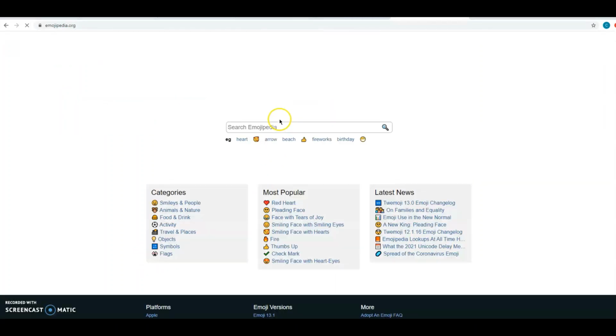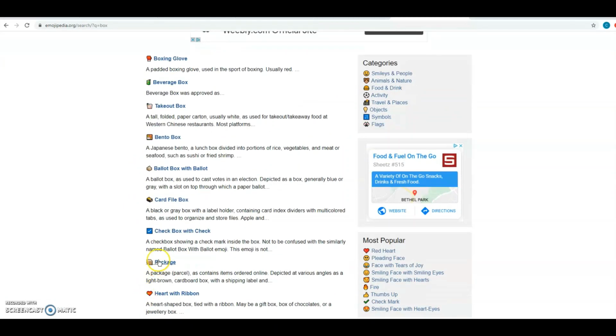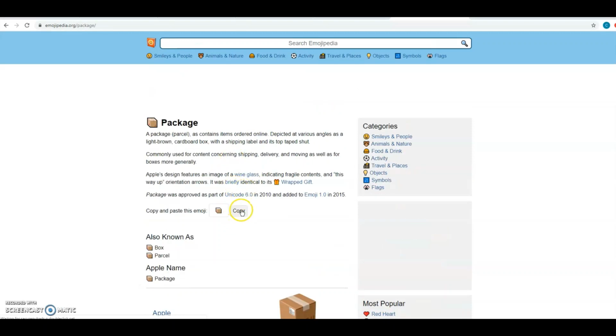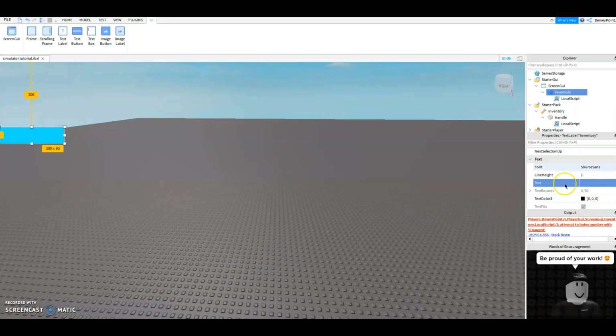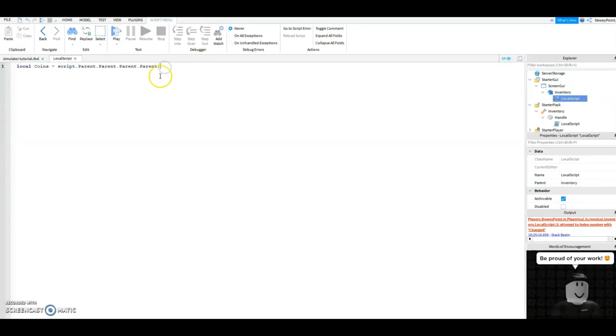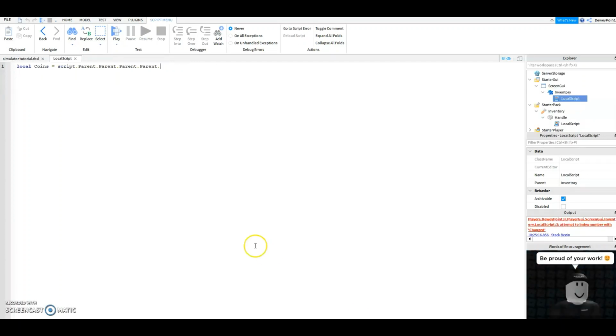Emojipedia. Let's go back and type box. Gonna get the package and copy it. Right in text, right click, paste. And then 0/25. Alright. Script.parent.parent.parent dot